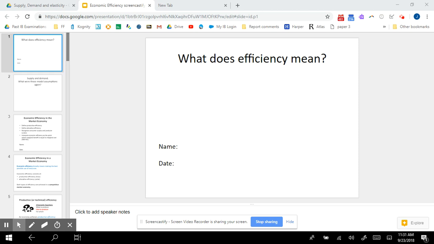What does economic efficiency mean? That's what we'll be looking at in this PowerPoint. And in terms of economic efficiency, we're looking at two types of efficiency, one called productive efficiency, one called allocative